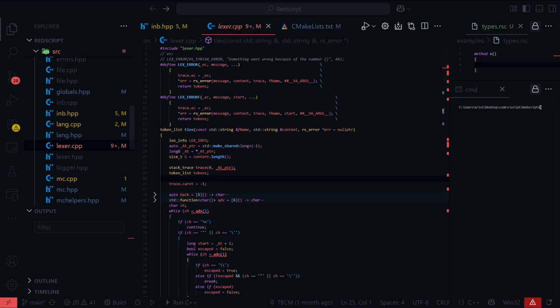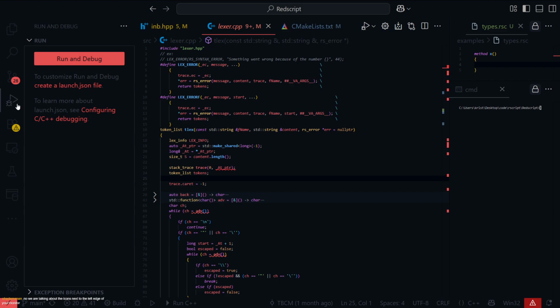Okay. Like the top left icon is the file explorer icon. Oh, so yeah, from the sidebar. Run and debug. No, we're talking about the icons next to the left edge of your monitor. Okay, yeah. But this is run and debug. For me, I have to configure it, but I can just press F7 right now and it builds for me. So I think I'll just run with that.